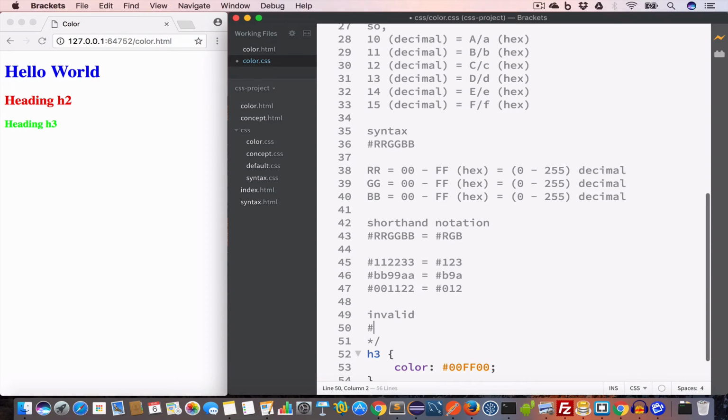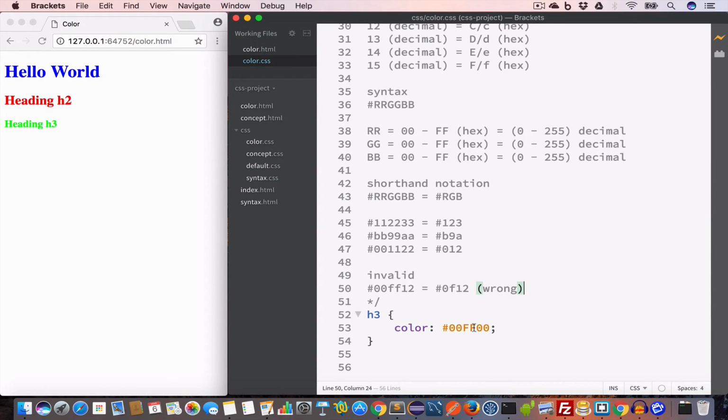So let's say the hex value is 00FF12, then in this case we cannot write hash 0F12. This is wrong because the last two characters are not the same, even though the first two characters and the middle two characters are the same. So in shorthand notation, if we want to set the color of this H3 element to green,